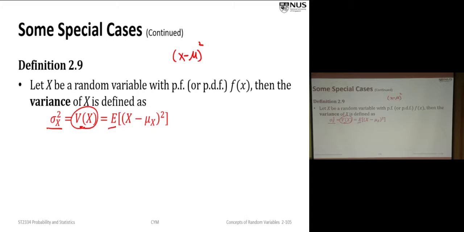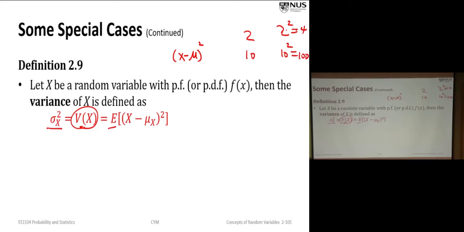If the difference is small, you square it, it's still very small. But if it's big, think of it: if the difference is 2, you square it, it becomes 4. But if the difference is 10, 5 times bigger, then when you square it, it becomes 100, which is 25 times. So I try to make it bigger, so I square it. So we basically measure the square of the difference of x from the center. And then I add up all these differences or integrate it.